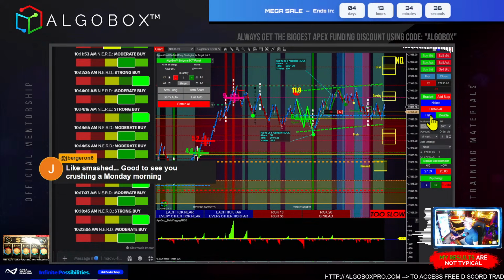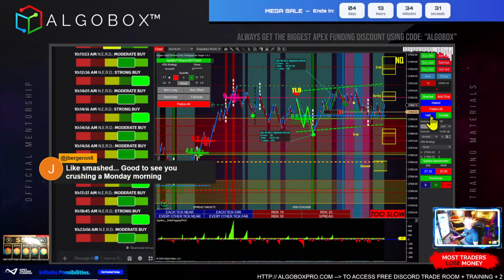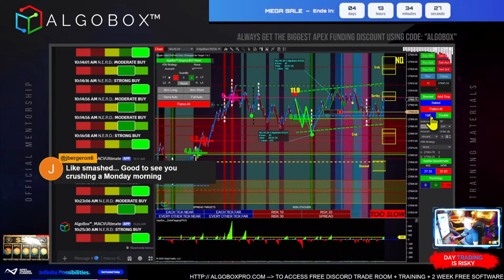Setting me up here for a trap. Still red arrow. If we go green arrow, bail. Okay, yeah, green arrow inside the fiddle zone.